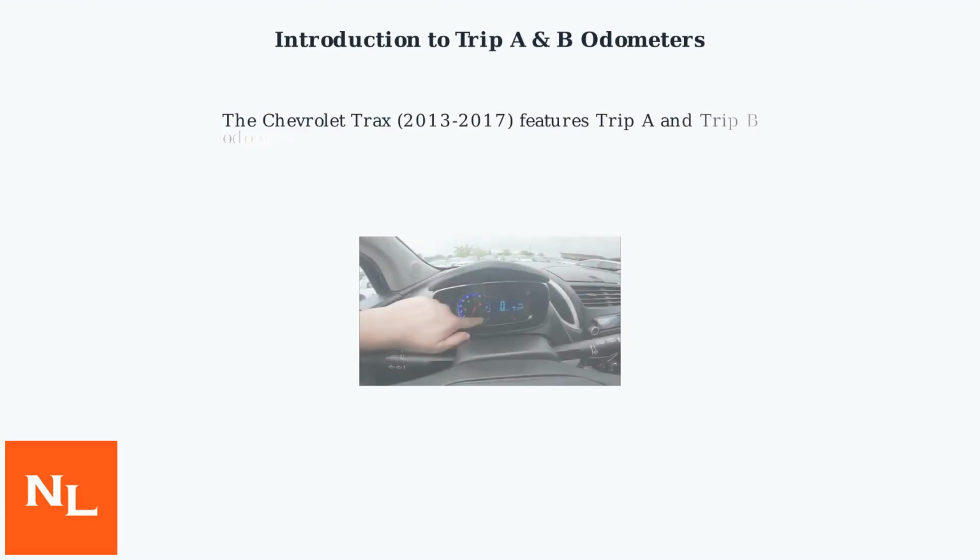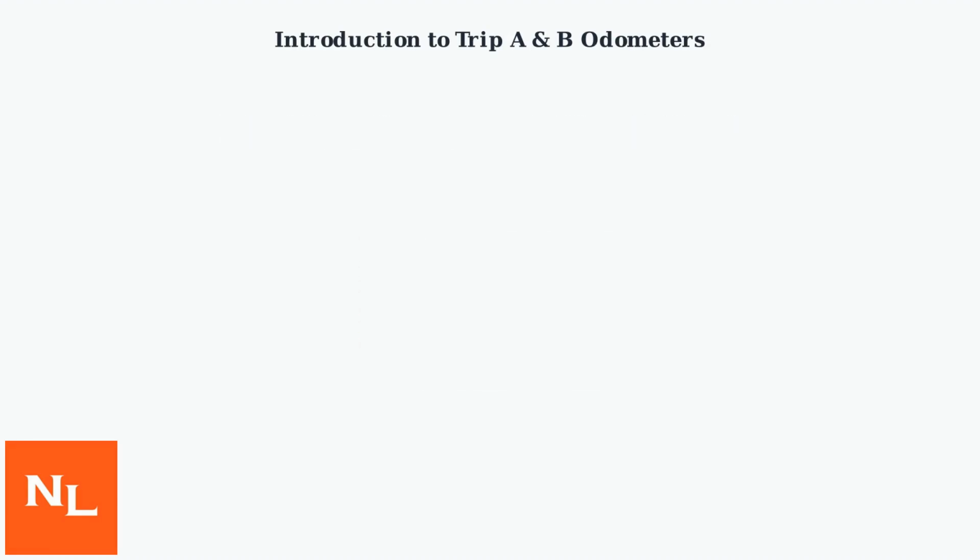The Chevrolet Trax from 2013 to 2017 includes Trip A and Trip B odometers in its driver information center. These tools track short-term mileage, fuel efficiency, and other important metrics to help manage your vehicle. Trip A handles primary trip data, while Trip B allows for independent tracking, such as comparing fuel efficiency on different